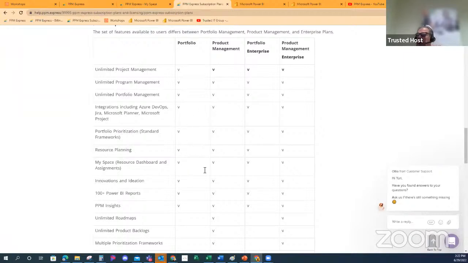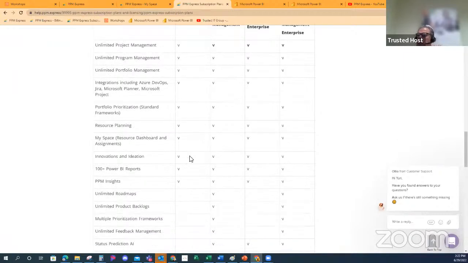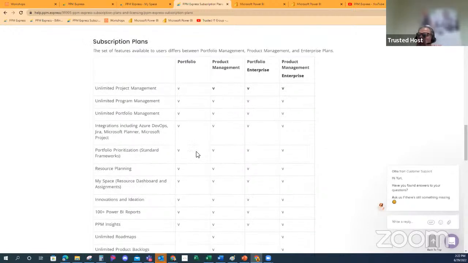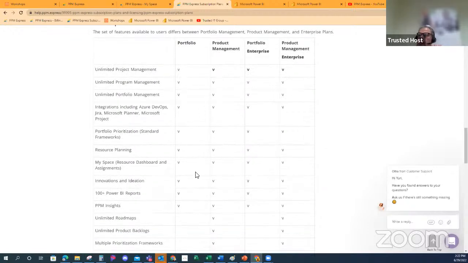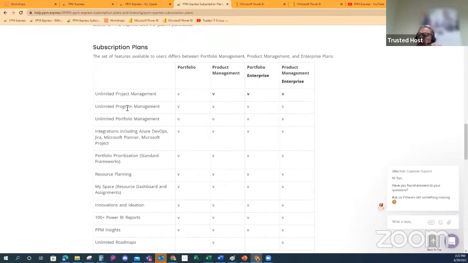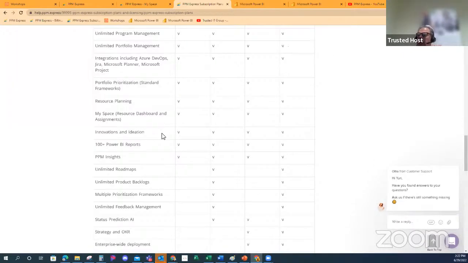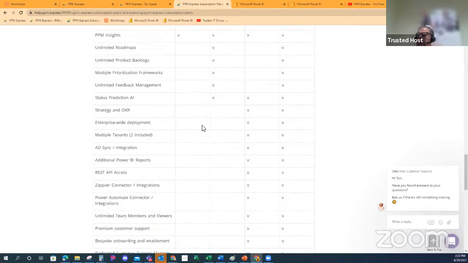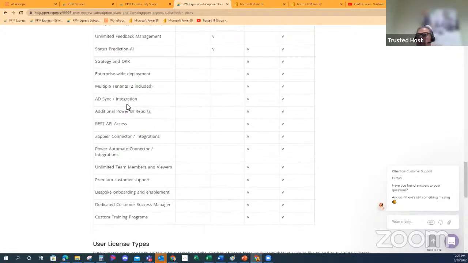Actually, while we're here, this gives you a side-by-side comparison of what you actually get with PPM Express. As you could see, there's a lot of unlimited, and then once you get down, the big differentiator from the regular plans to enterprise plans is where you get the OKR, enterprise-wide deployment, multiple tenant ability, more integration capabilities, because out of the box,